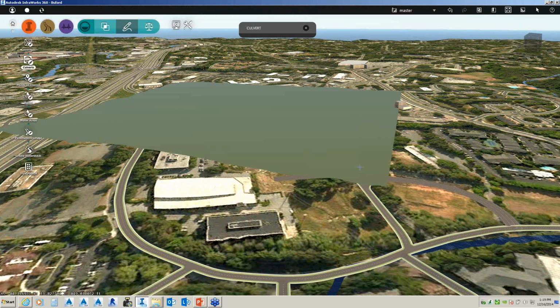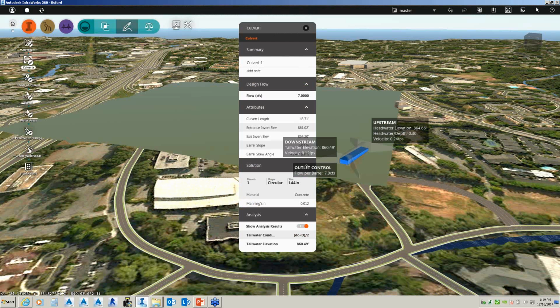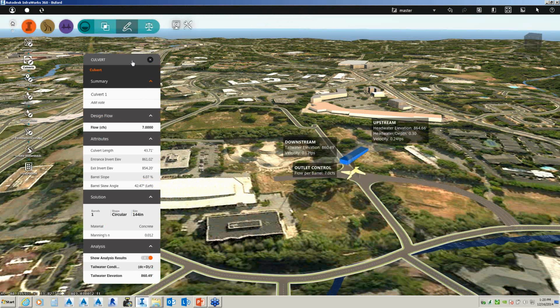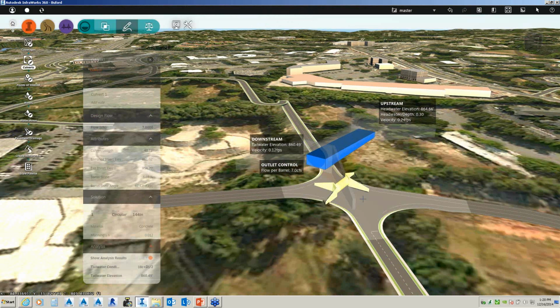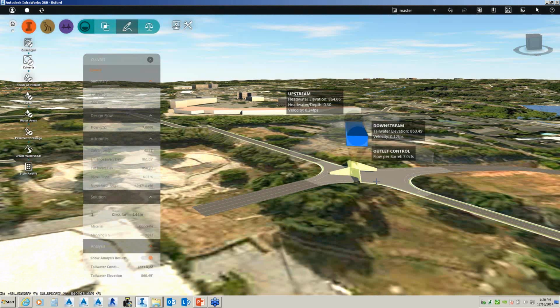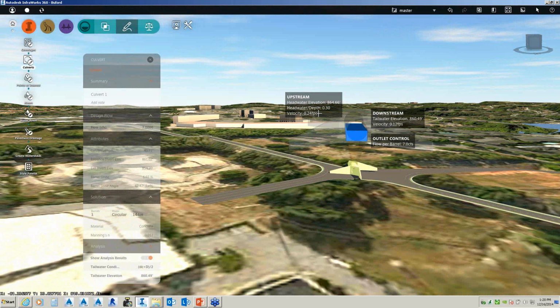So this takes a second. And as you can see, the culvert palette has come up. And then it's using the true engineering in reference to Manning. There's a culvert there. And then it puts me in a culvert here. Okay? And you can see head, water, and velocity.